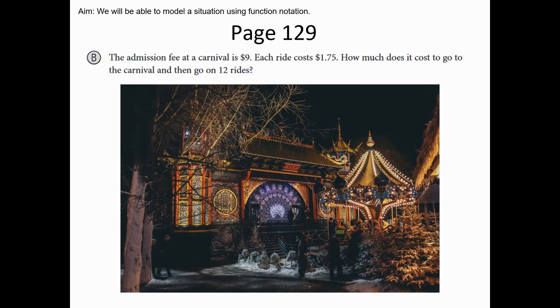All right, so on page 129, we're going to go over an example of how we're going to actually represent a situation as a function. So this right here: the admission fee at a carnival is $9. Each ride costs $1.75. How much does it cost to go to the carnival and then go on 12 rides? So that's a lot of information right here. We're specifically asked,